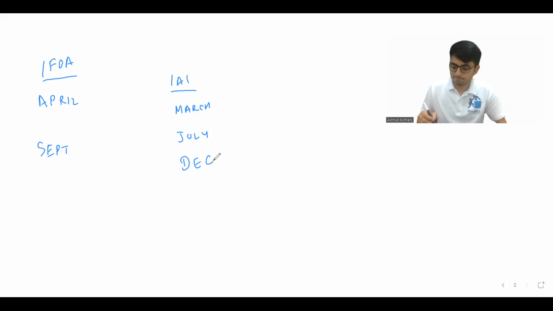So the thing which I was discussing was that different exams are held on different dates. You might sit for multiple papers as well. Currently in IFOA, there is no restriction on the number of papers you can sit in one session. Theoretically speaking, you can sit for 5, 6, 7 papers as well, as long as the dates of two papers are not clashing with each other. In IAI, you can sit for a maximum of 3 papers in a single session. Now, whether you sit for 3 or not is a different thing.